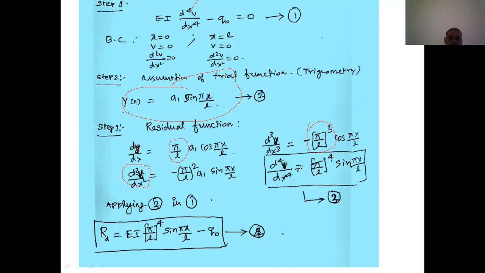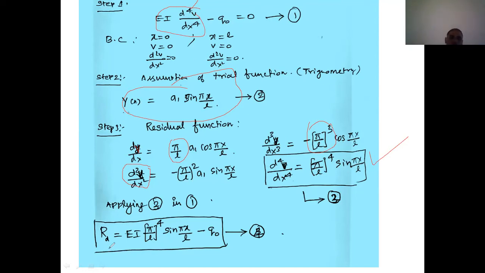So our aim is to substitute this value. This is actually a trial function. You have to substitute this trial function in this governing equation. That is what it means: actually applying 2 in 1. Say this equation is 2. You need to apply this 2 in 1. If you substitute the value of 2 in 1, you will get again